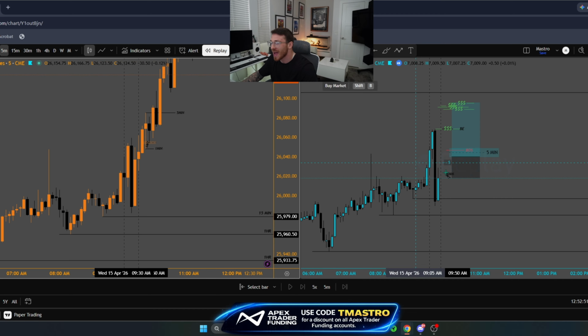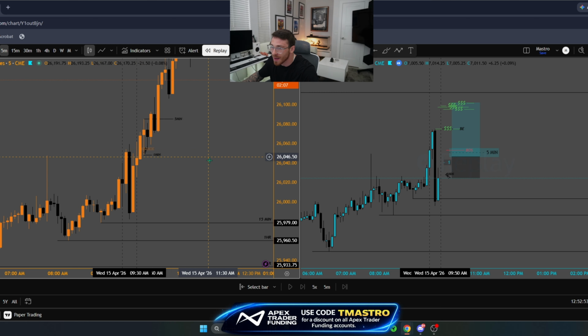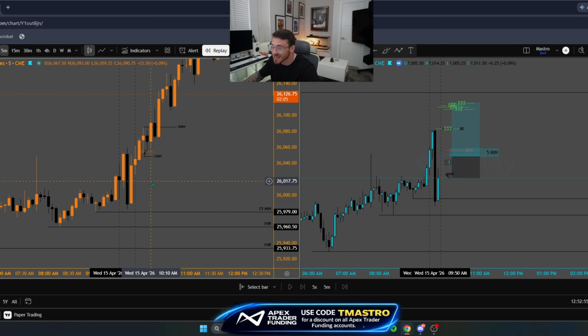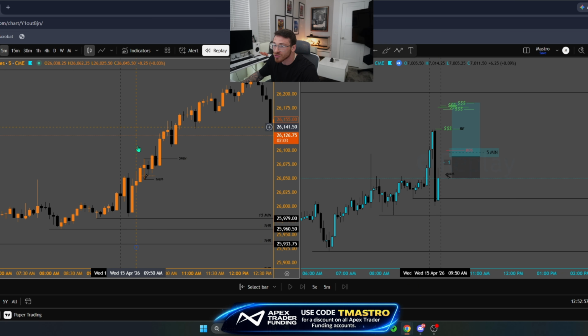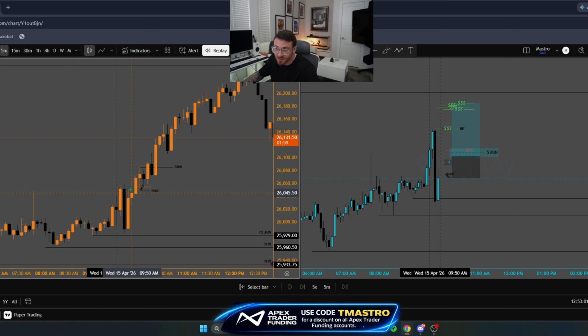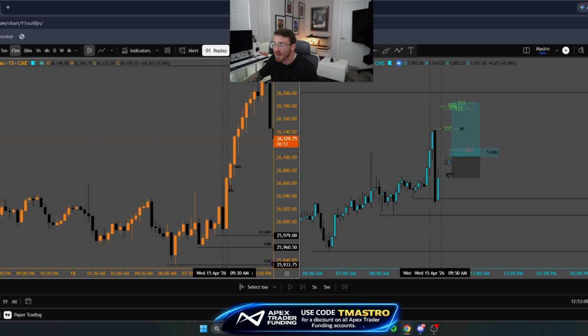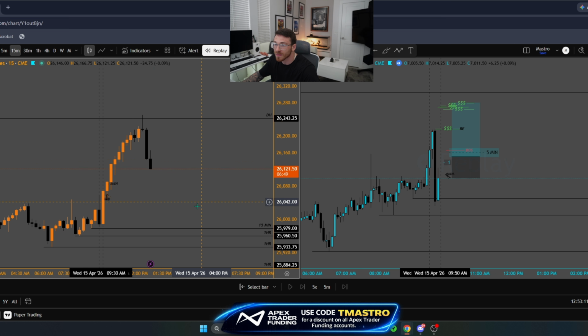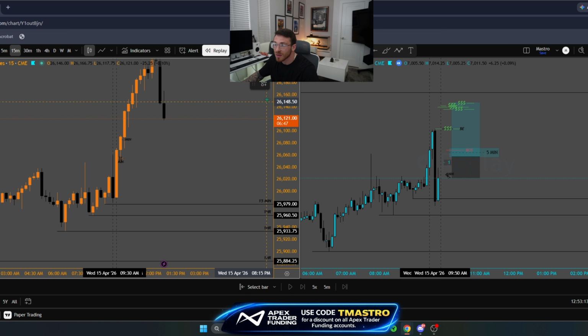I was looking for a reaction out of this 5-minute bearish fair value gap, but the leading index to the upside is NASDAQ, right? But we have no draws on liquidity to target above except this daily high, which is 200 points away. I didn't want to hold that. But what did we have above? We had this 15-minute high on NASDAQ, right? And we also had this 15-minute high in ES, right? NASDAQ already comes and takes this out.